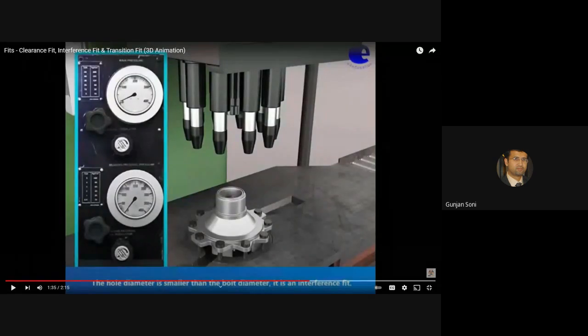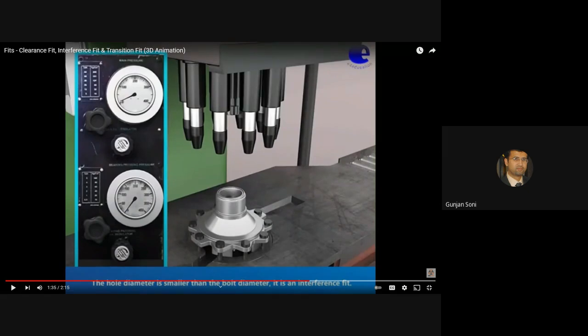I'll give you an example. You see interference fit easily in railway wagons. You see the railway wagon assembly: the wheels of the railway wagon are not screwed on the shaft. They are actually heated, so that the diameter expands and you can push the wheel on the shaft, and then once it cools down, it grips the shaft, and it doesn't come out.